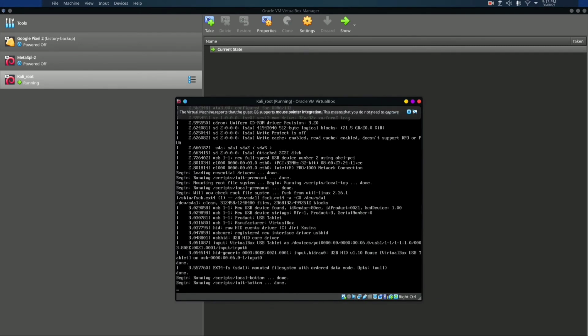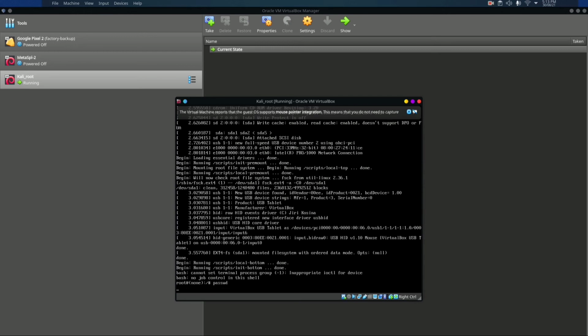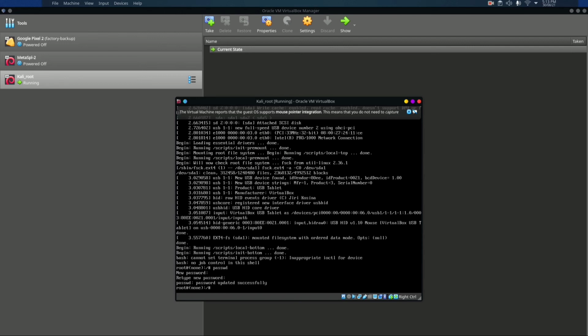This will give us a temporary root login with read write enabled. Just enter the command passwd to set the root password. For the time being, I'll set up a temporary password. It says that the password is updated successfully, so I'll just reboot the system.